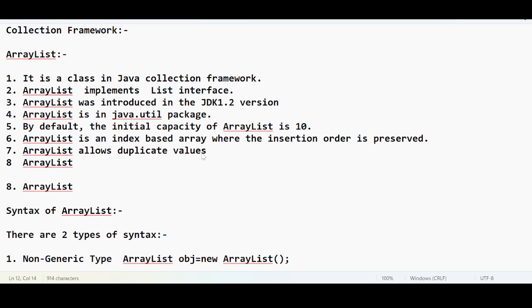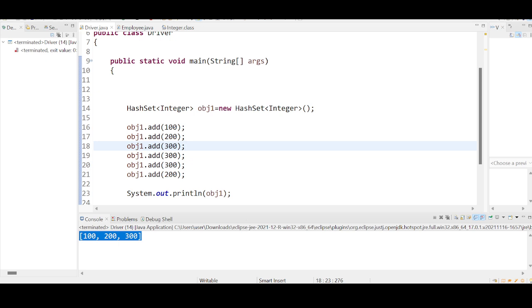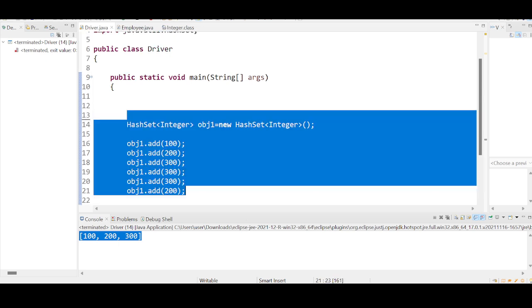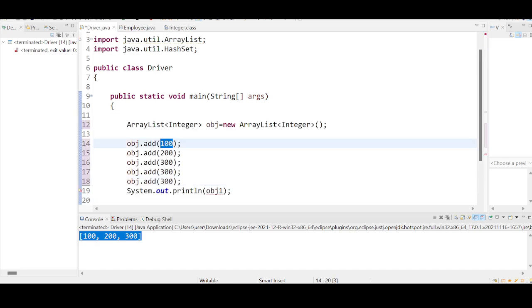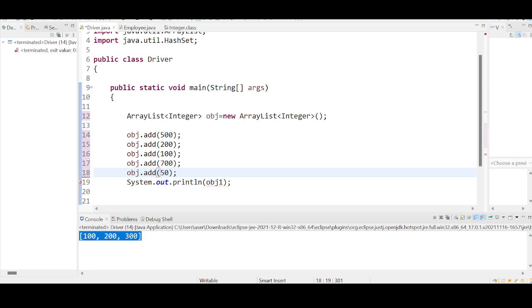The 8th point: ArrayList does not follow sorting order. ArrayList is a data structure that prints the values according to the way they were added: 100, 200, 300, 300, 300. For example, if you have values like 500, 200, 100, 700, and 50, I can expect the output